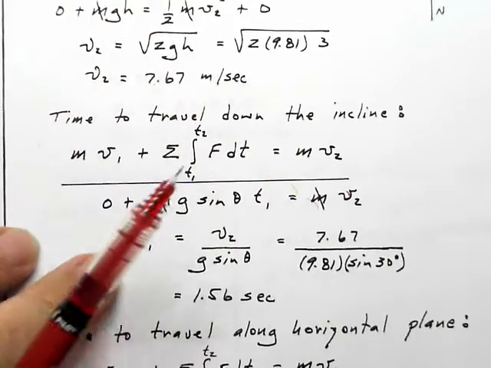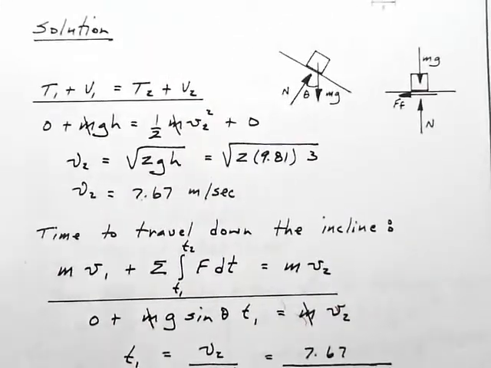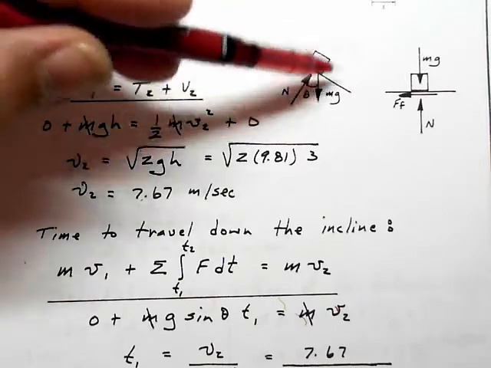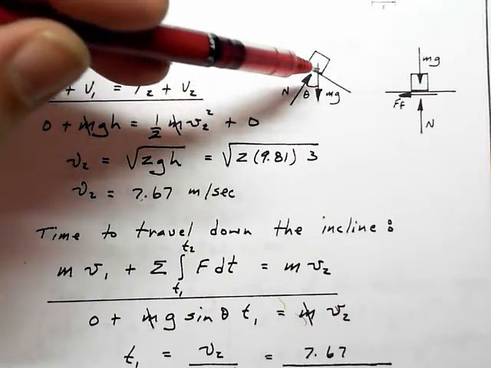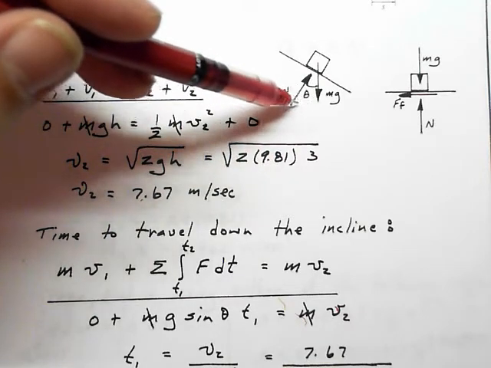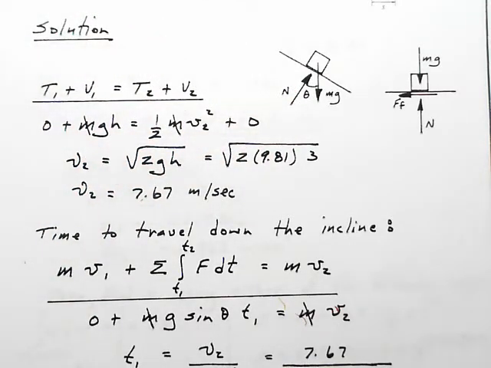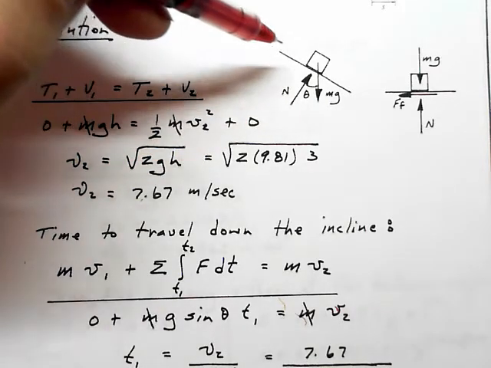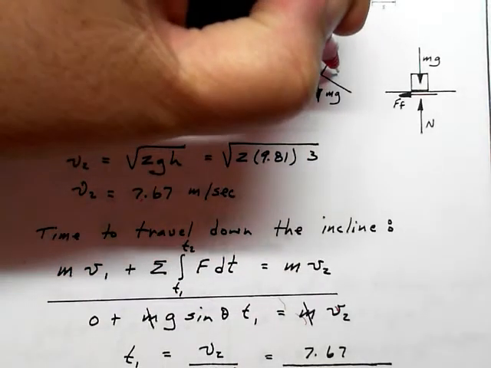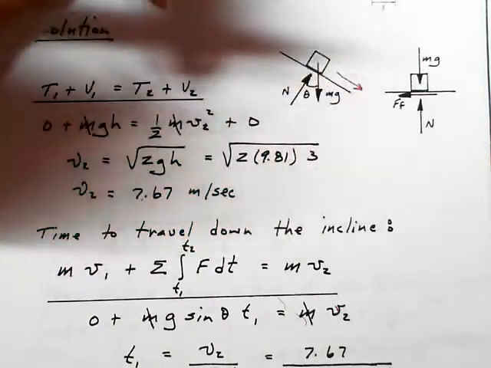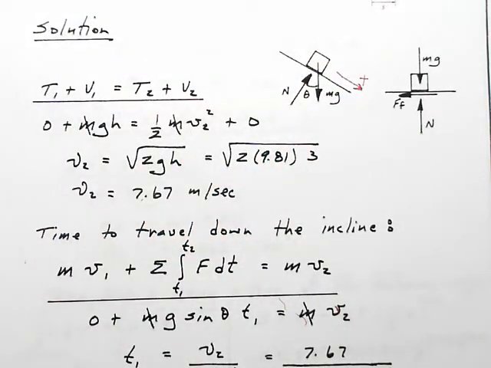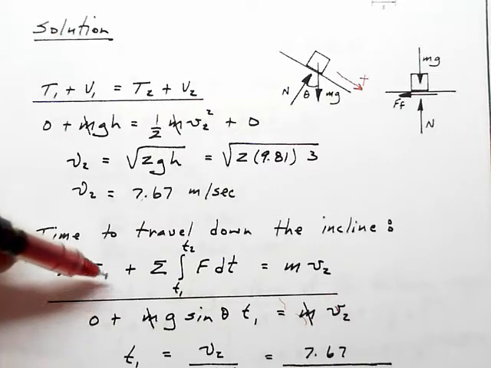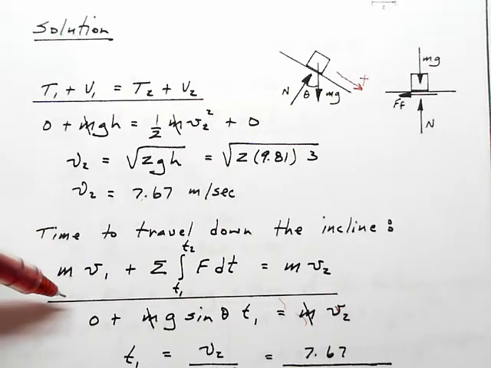What forces are acting on this thing as we head down the hill? Our free body diagram as we head down the hill says we have a normal force and we have gravity, and there's an angle between the two because it's on a straight line, constant slope. And so what we will do is talk about momentum in the downhill direction. So we ought to label the coordinate system, and let's call that our positive direction for our momentum equation. And so what we're going to have is starting mass times starting velocity, but that starting velocity is 0. The only force